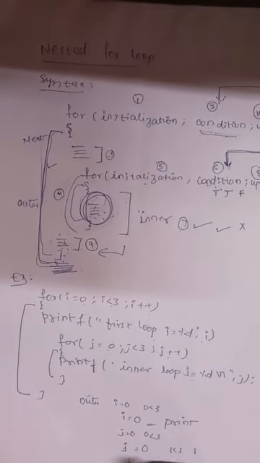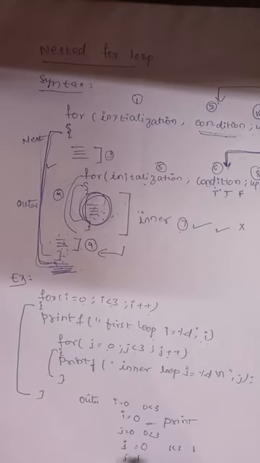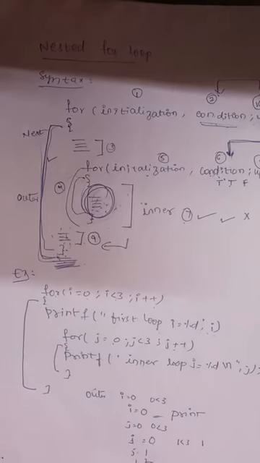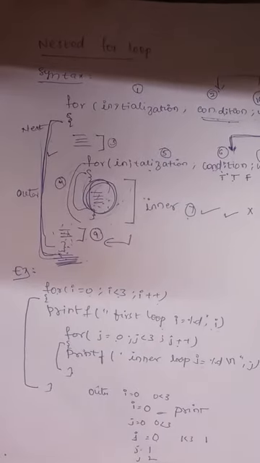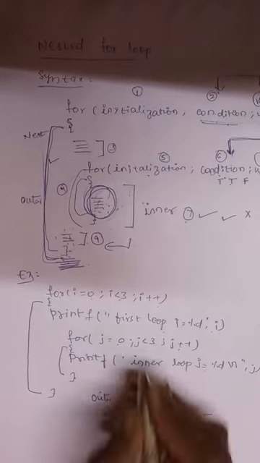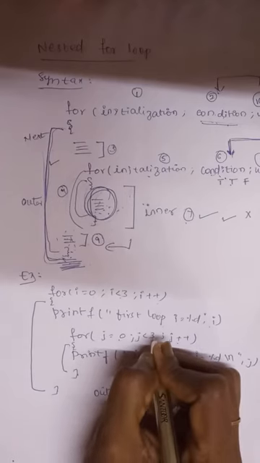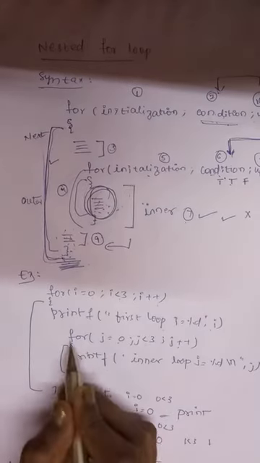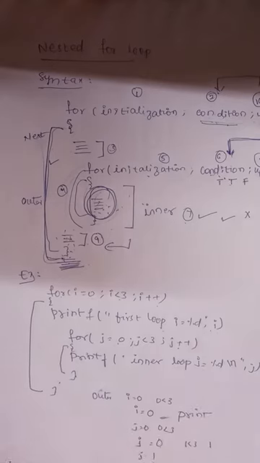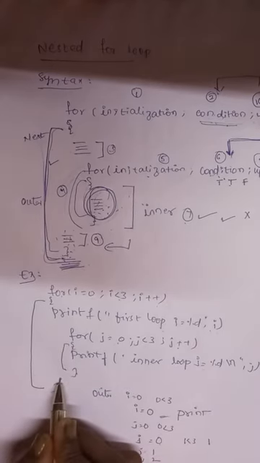Yes. Previously j is 0 was printed. Now j as 1 will be printed, j as 2 will be printed. Now j becomes 3 next. Is 3 less than 3? No, the condition is false. So control will not enter the for loop. It will come to this position. We are not writing any statements over here.